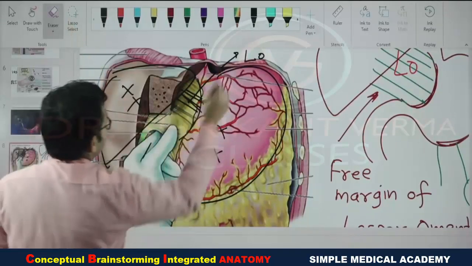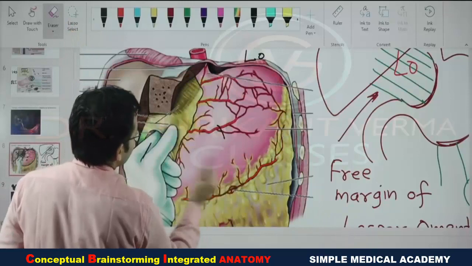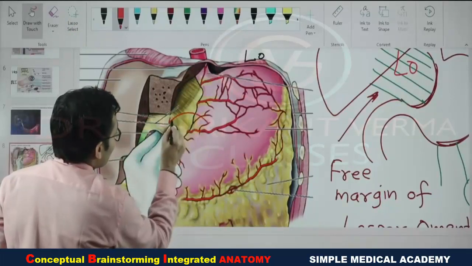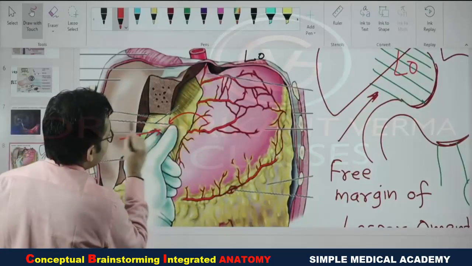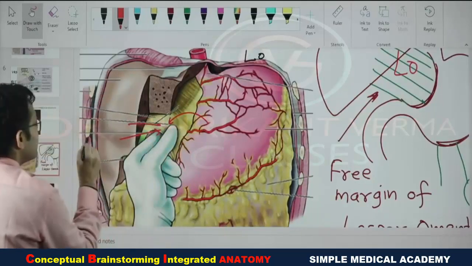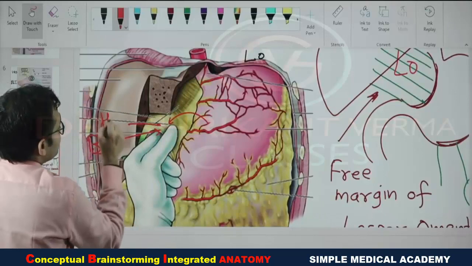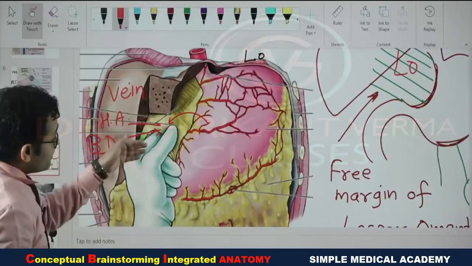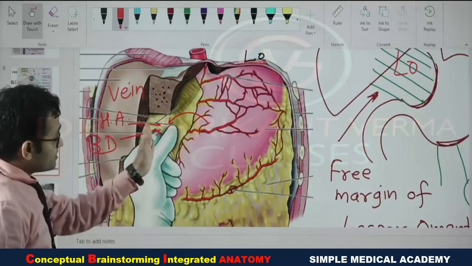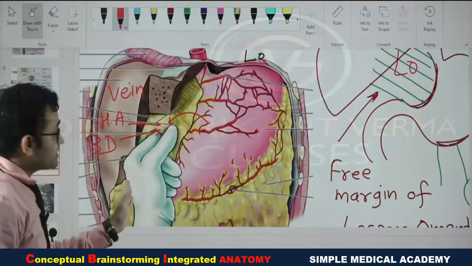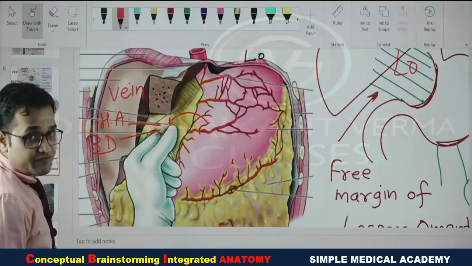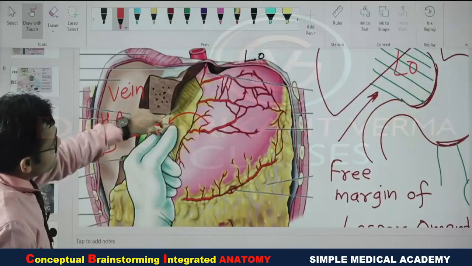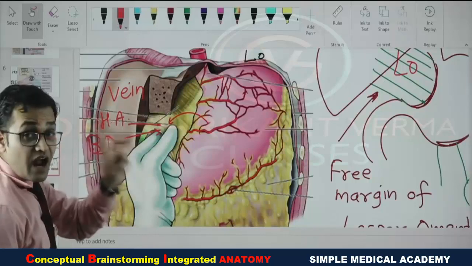Okay. Now see in this beautiful image from the surgery. Now see this free margin of lesser omentum is having the green color and the red color. What are these? These are the bile duct and the hepatic artery. Portal vein is also located, but it is behind. Duct is dextro. Dextro means right, and artery is on the left. So remember the structures which are present within the free margin of lesser omentum, they are the vein, artery, duct.